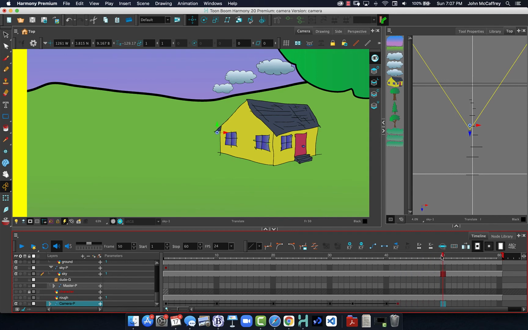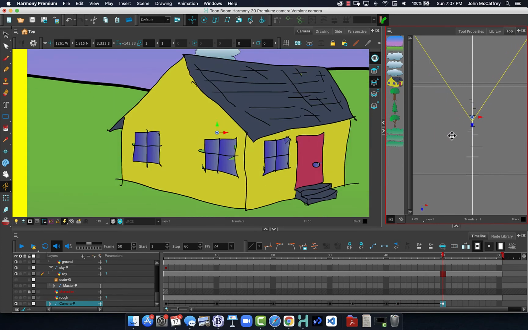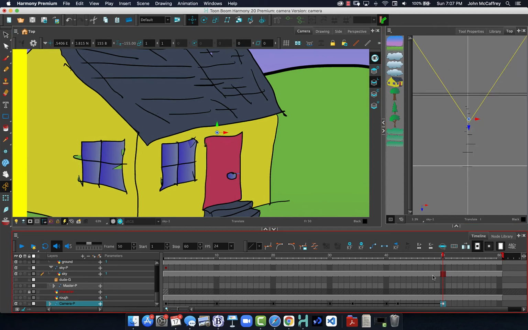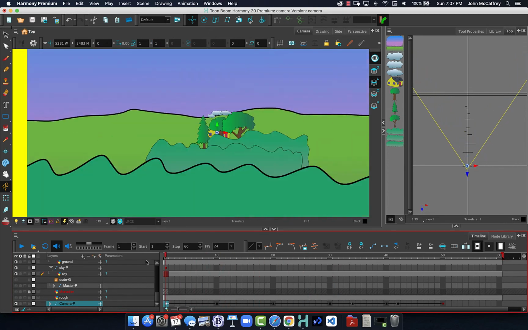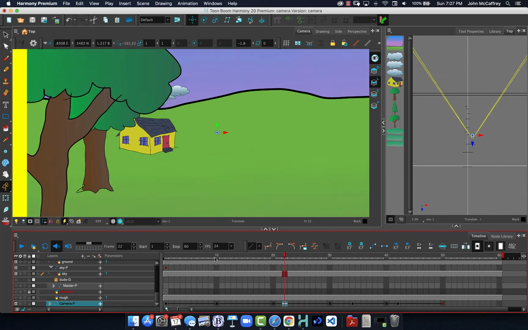Now I can just push in forward. Oh, it's a little jumpy. And now I've pushed in onto my scene. So we can rotate, we can translate,